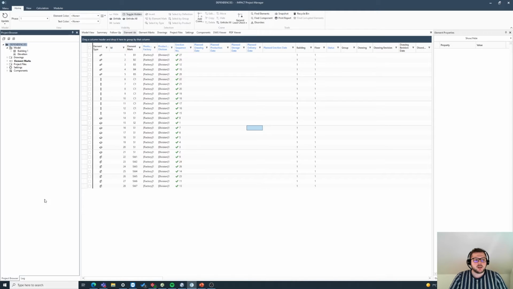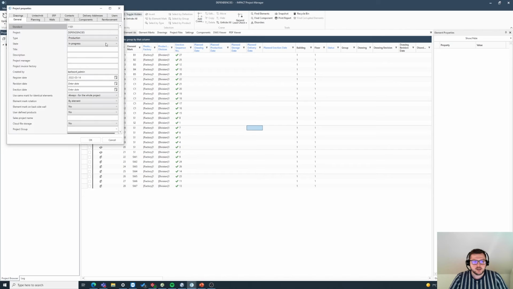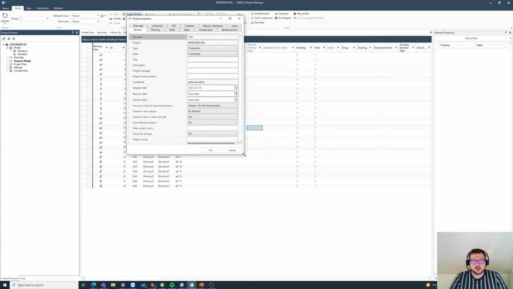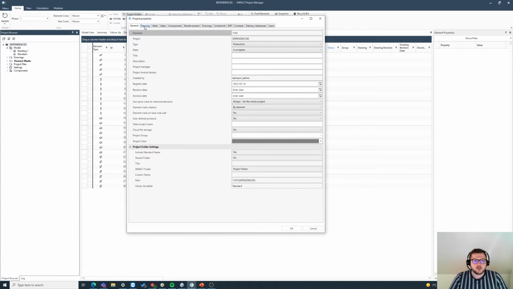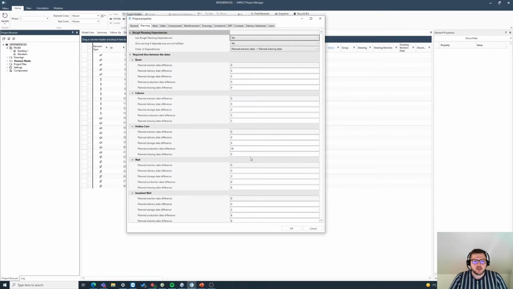But now we can go in here in the product properties. We can make this a little bit bigger, and we have a planning tab now. And here we have divided it to each element type. So it means that you can decide these dependencies for one specific element type. So this means that, okay, if you have